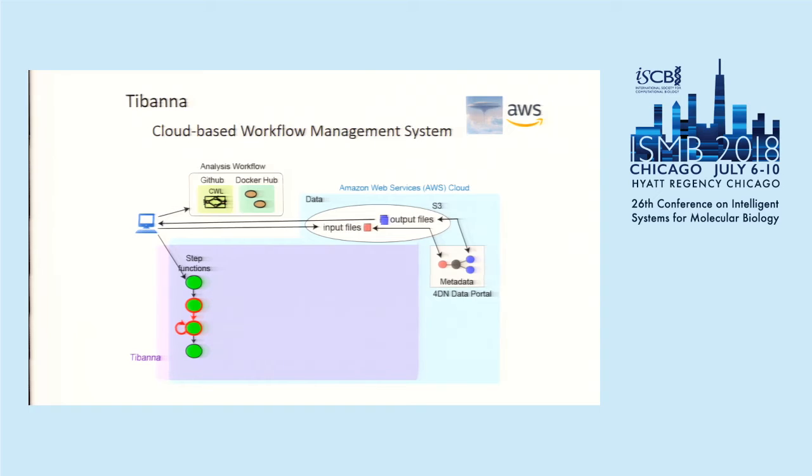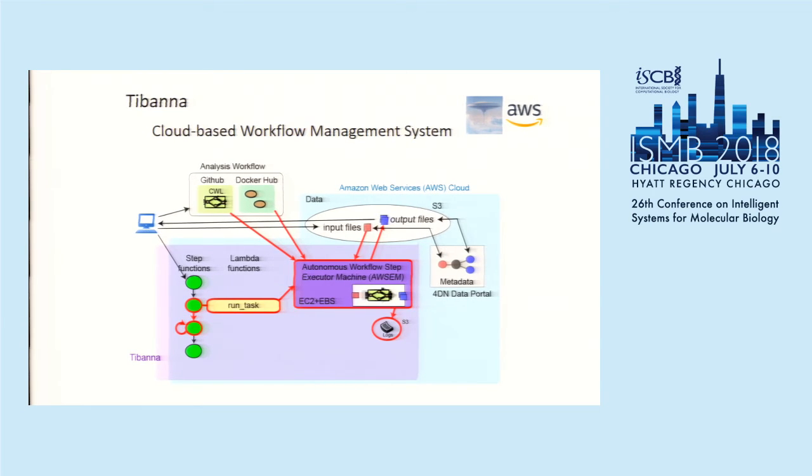So when you launch Tibanna, you first launch these step functions, which consists of 4 steps in this case. The first step function will launch a new Lambda function, which reads the metadata from the portal about the input files and creates a new metadata for the workflow run and process files. And then the first Lambda, after it's done its task, it will disappear, and then you will only pay for the amount of time that the Lambda was working. And then the second Lambda will spin up a machine